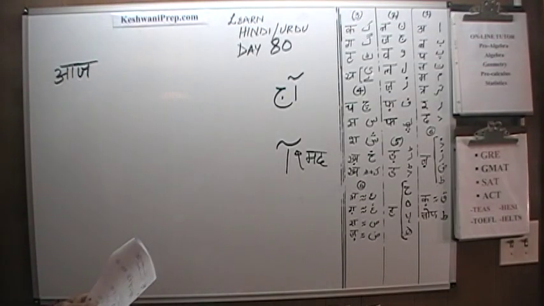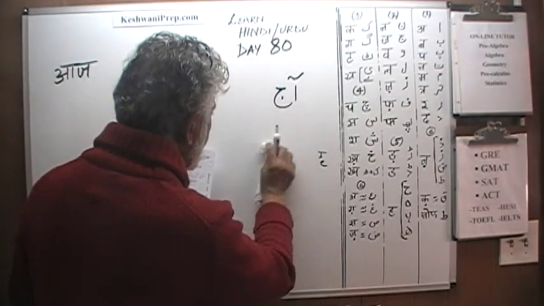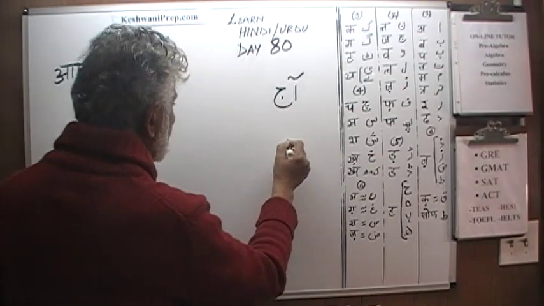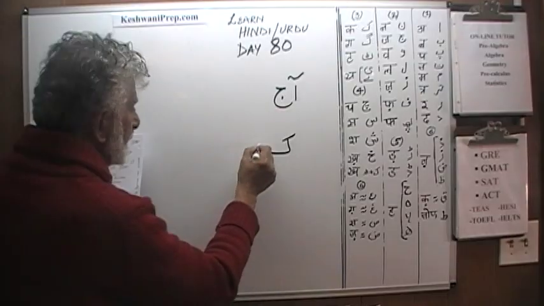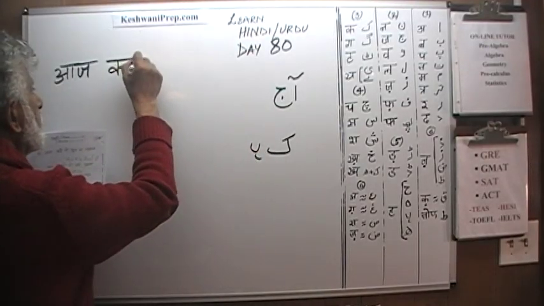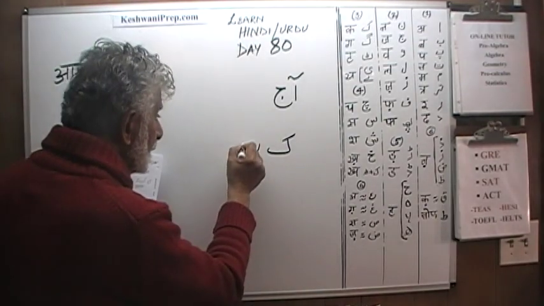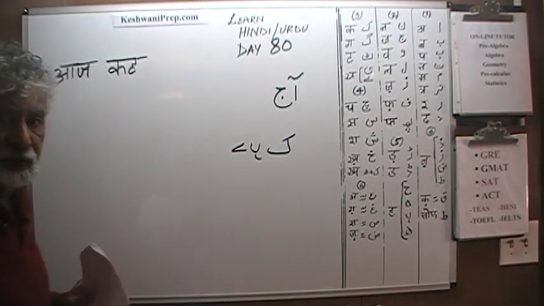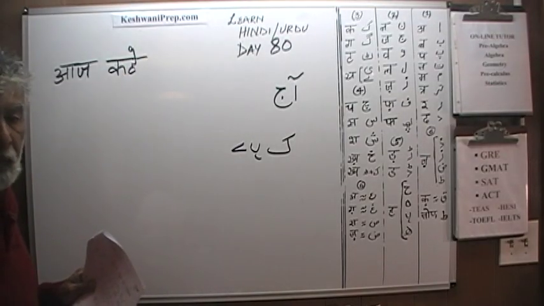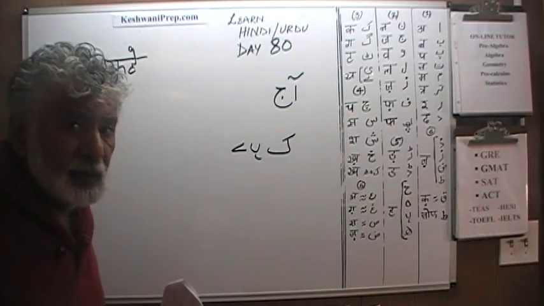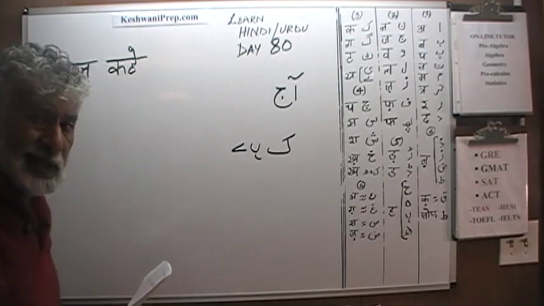आज कहेंगे. क, काफ, then we need a h. We need to convert that h into a he by putting badi ye. Badi ye is going to give us choti ye ki matra, and then we don't need a choti ye ki matra, we actually need a badi ye ki matra. To convert choti ye ki matra,